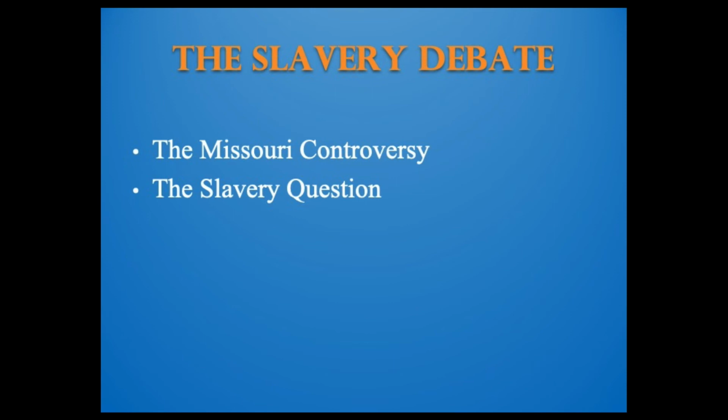In 1819, when Missouri applied for statehood, a New York Republican proposed that Congress force the new state constitution to ban the further importation of slaves and to free slave children upon their reaching age 25. The Republican Party split along sectional lines on the Missouri question. Most Northern Republicans supported the restrictions, while Southern Republicans opposed them.